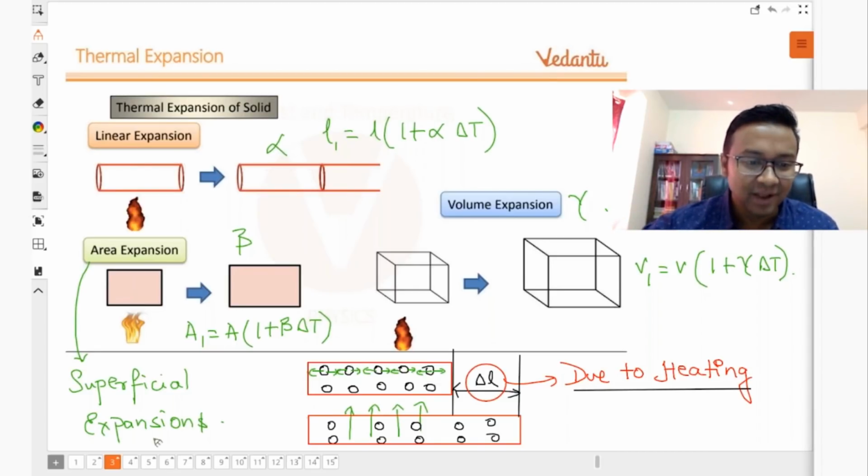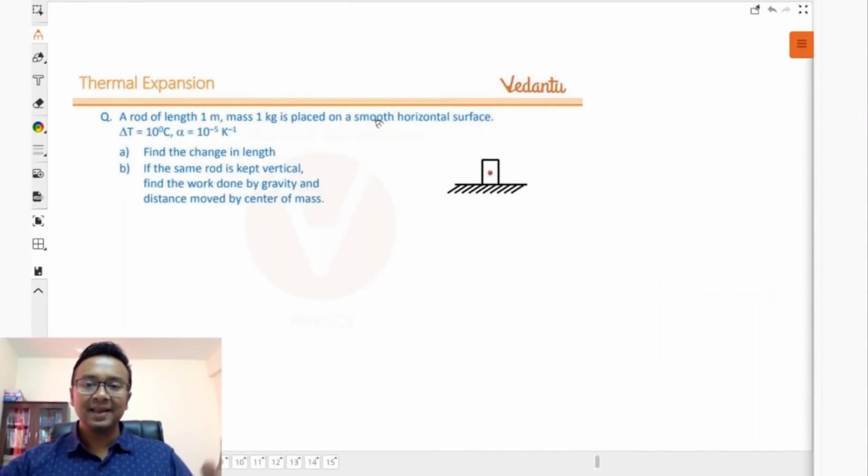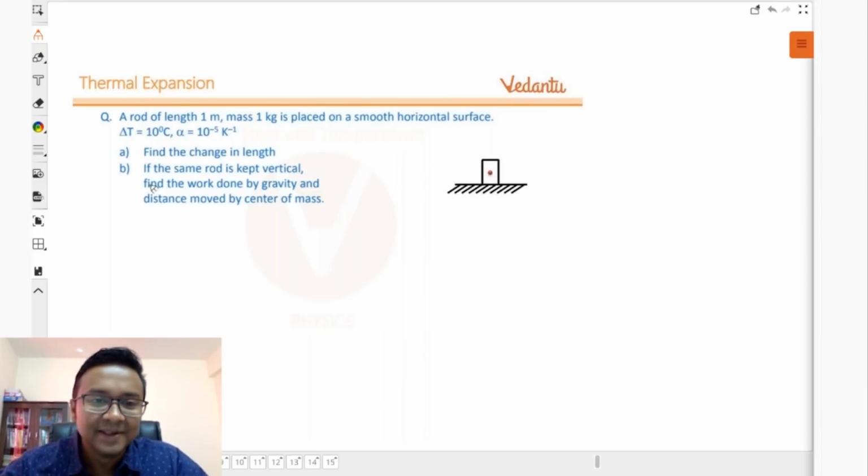All right. So let's go ahead and look at my first question based on thermal expansion. Now here, students, I have got a case. So all of you ready? All geared up? Great. So here I have got a rod. It has a length of 1 meter and its mass is 1 kg, and it is placed on a smooth horizontal surface, and the temperature changes by,